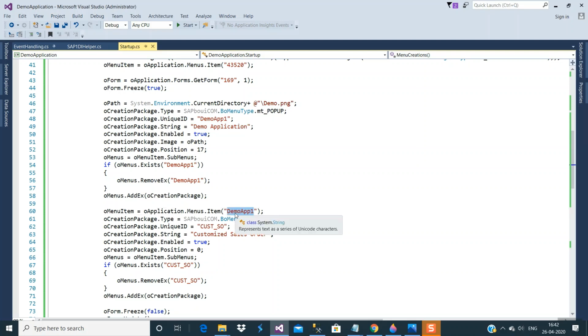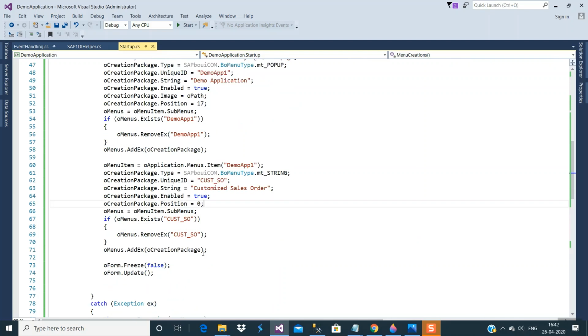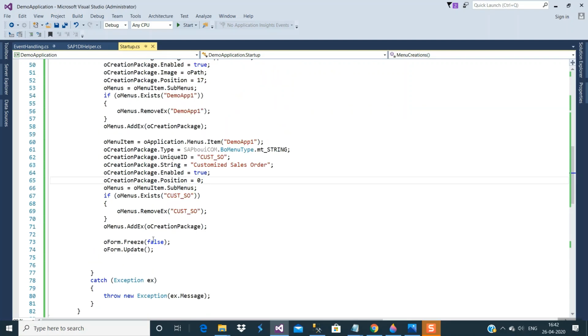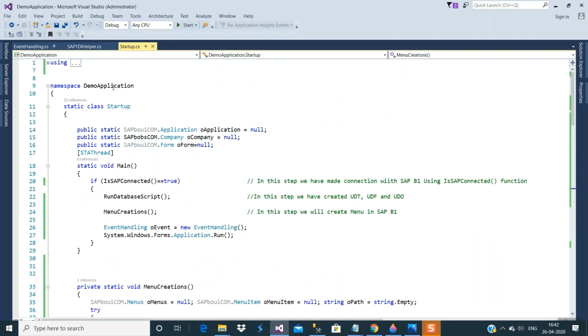We have given demo app 1 as the parent menu ID, and under this we have created a string type of menu, whose name is customized sales order, and the position would be 0. And in the last we unfreeze the form and update the form. So let me run this application and see what is going to happen.